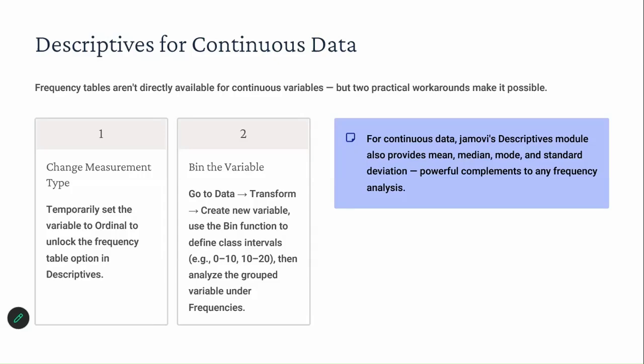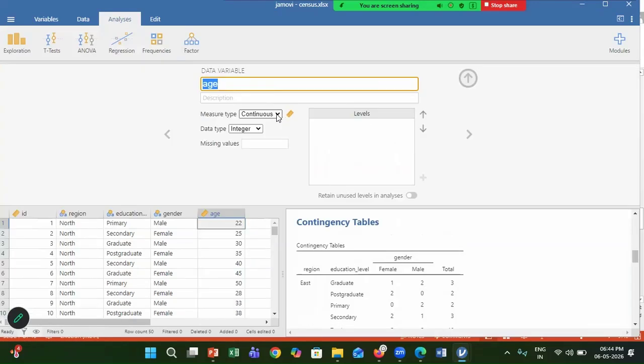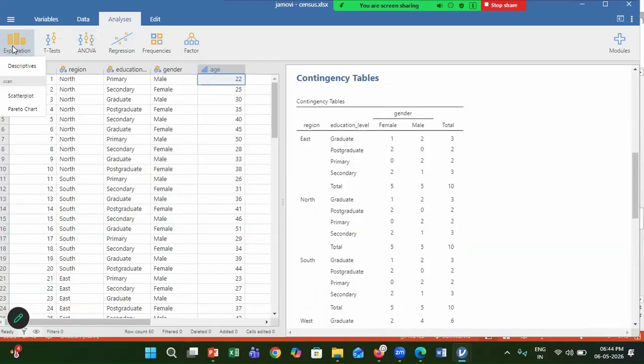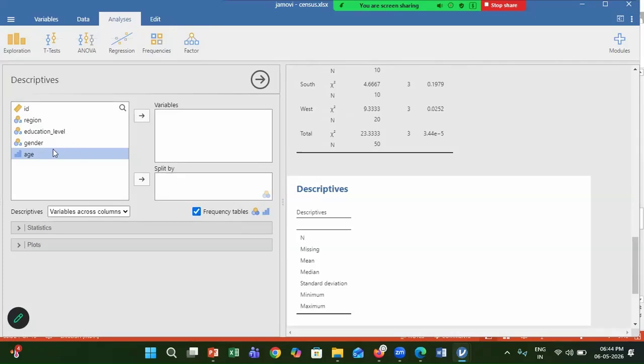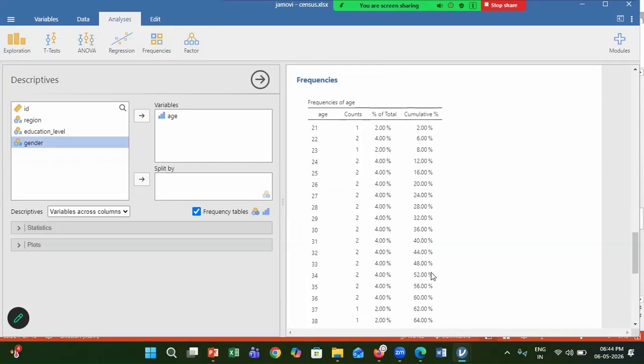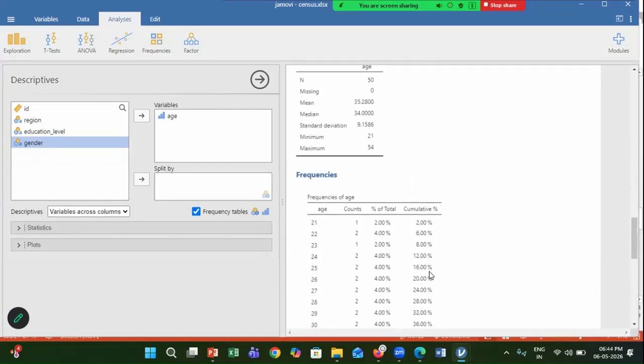I will simply show you, age is a continuous variable, and I want to make the frequency table of this variable. How will I do it? I will change measurement type from continuous to ordinal, then move to exploration descriptives, click on frequency table, move age to variables box, and here you could see the frequency table. This is one way.